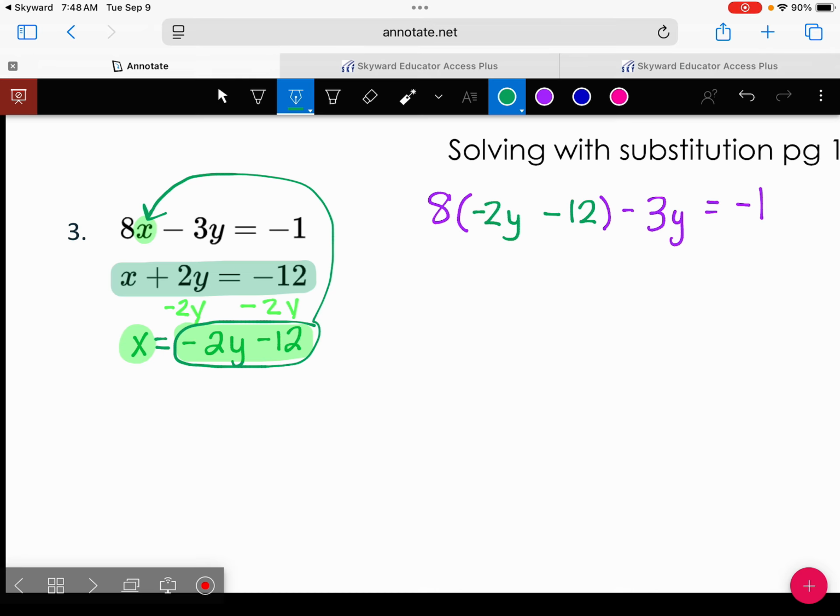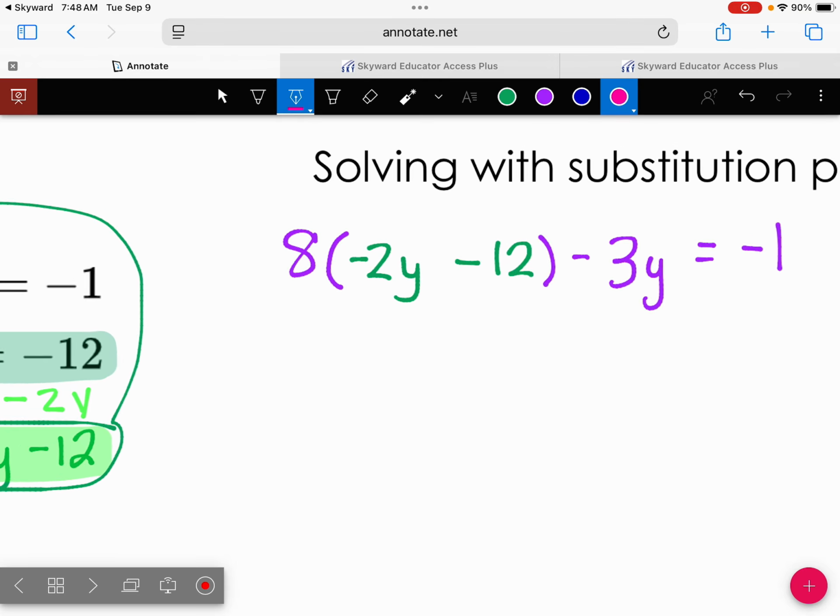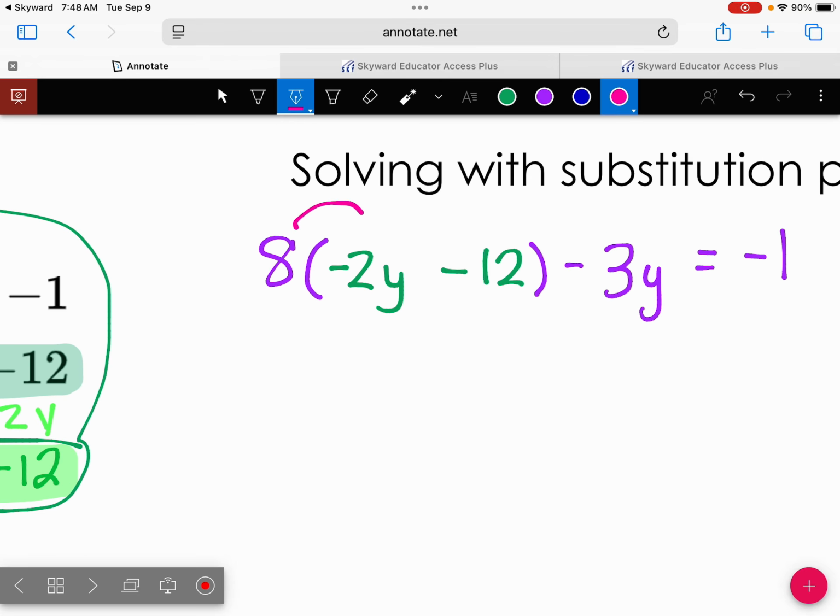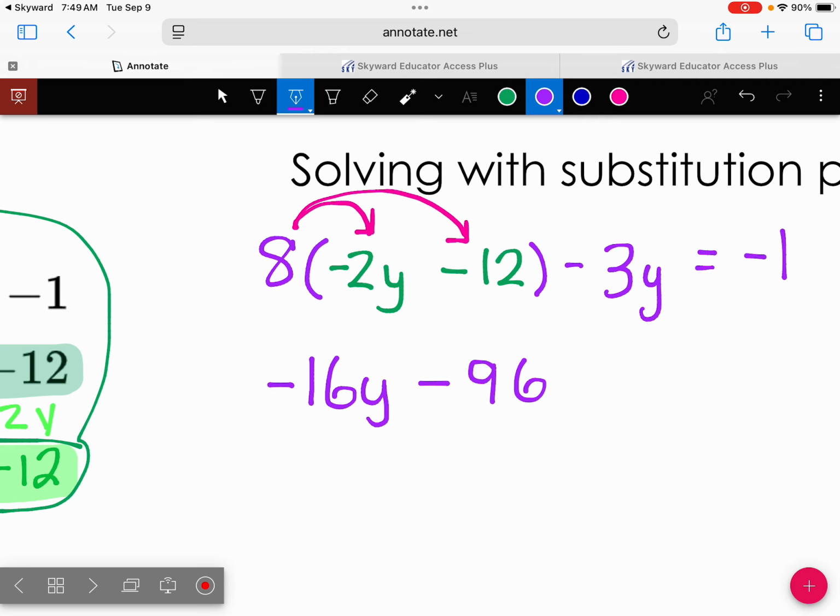And now we can do some distribution to try and simplify this stuff. I'll need my 8 times that minus 2y to get minus 16y. And we're going to have 8 times minus 12. We don't have to math it with our heads. We've got calculators. 8 times minus 12 is going to give us a minus 96. And then we have our minus 3y